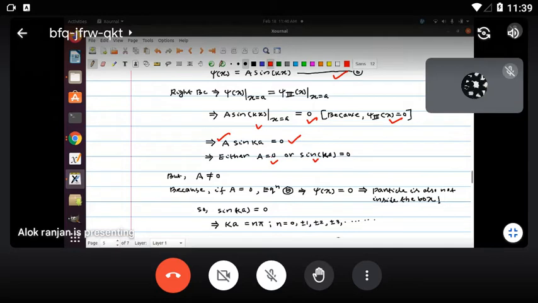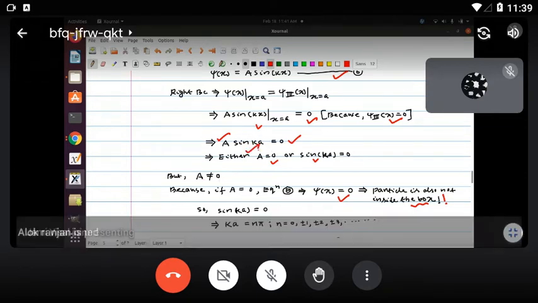As I said, when we put a equal to 0, that indicates the wave function is 0, so the particle is not inside the box. We know the particle is not outside the box because of the infinite potential, and we derived that mathematically. Now, if a equal to 0, it says the particle is also not inside the box. What we are interested in is the wave function if the particle is inside the box. So a cannot be 0. So this product will be 0 when sin ka equal to 0.